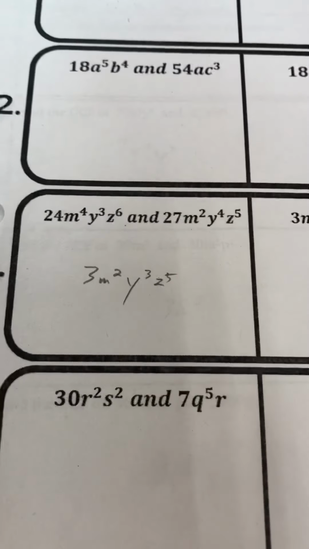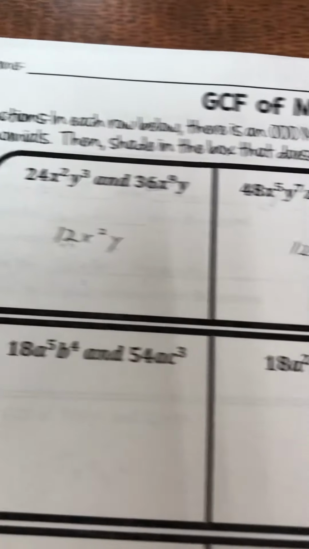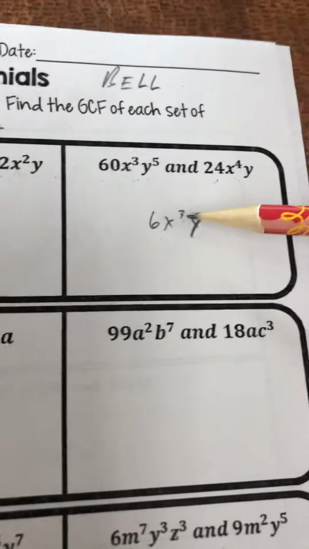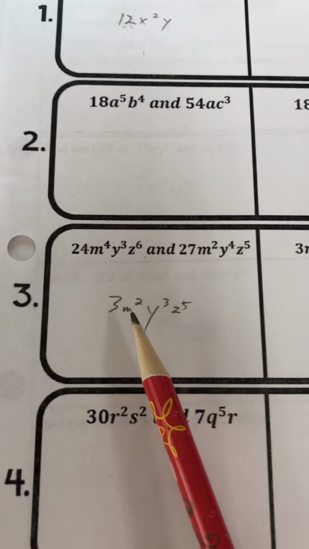Try 2 on your own. Try the evens on your own. For number 3, oh, and by the way, you're supposed to shade the box that doesn't belong. So this would be the box that you're shading, or put an X on or something. Okay, for number 3,